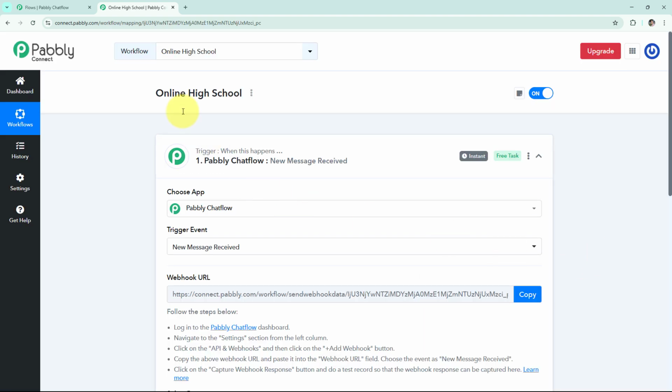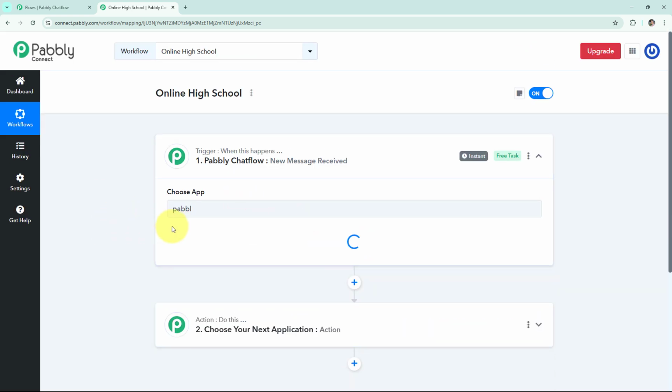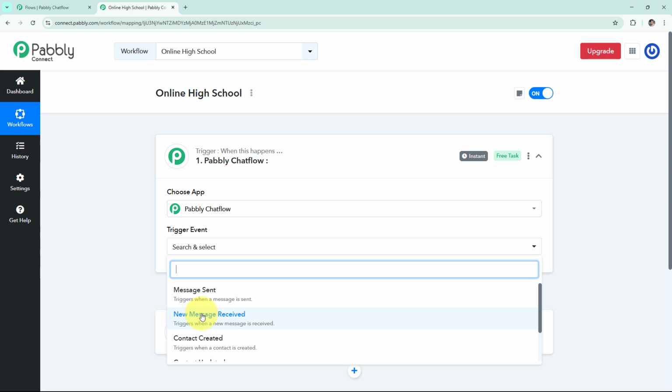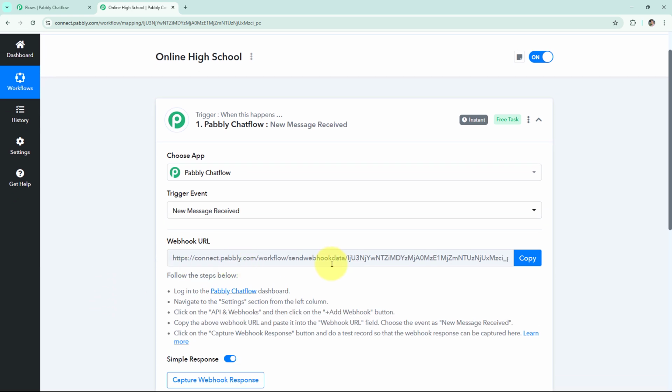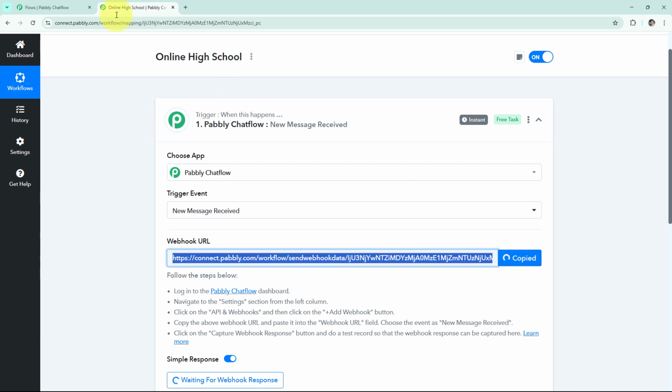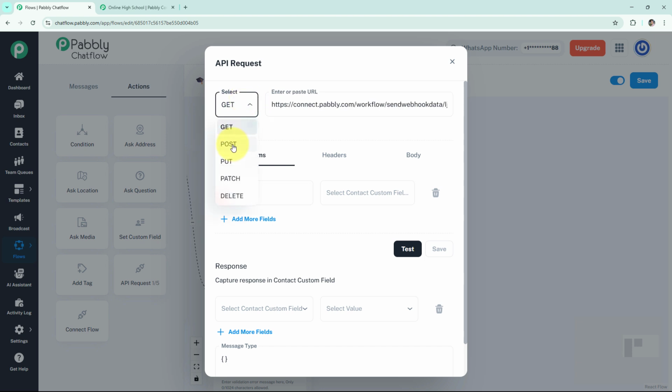So this is our workflow for online high school. You have to choose trigger application as Pabbly Chatflow and as trigger event you have to click on new message received. And here we will get a webhook URL which you have to copy and paste it to the API request option. We will select post and in parameters we will add all our contact custom fields such as add